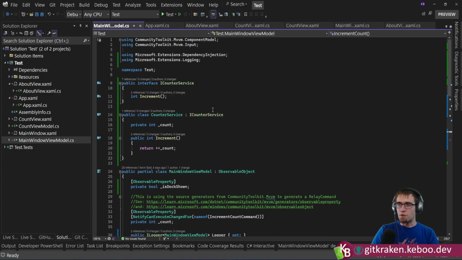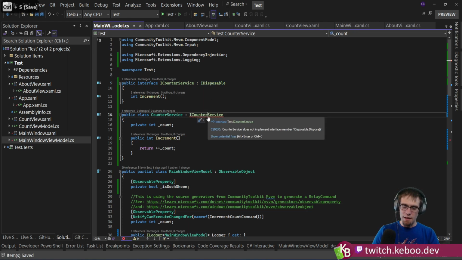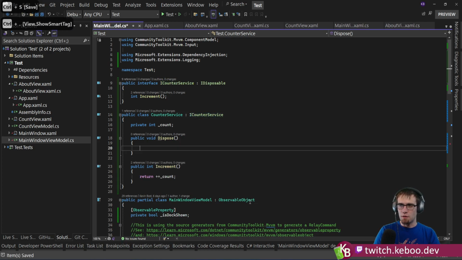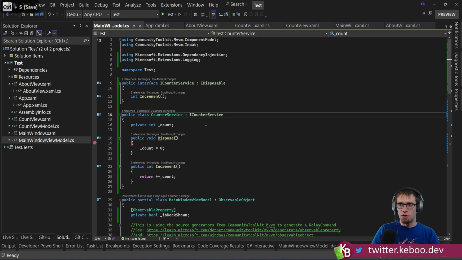The other thing that's worth noting is if we do something like, I don't know, IDisposable, right? This guy now needs to implement a Dispose. And I'm just going to, I don't know, count equals 0. This is a really bad Dispose method. Don't implement it like this. In general, you should implement Dispose by following